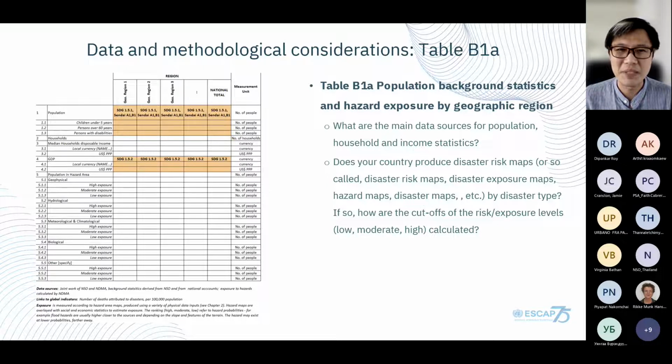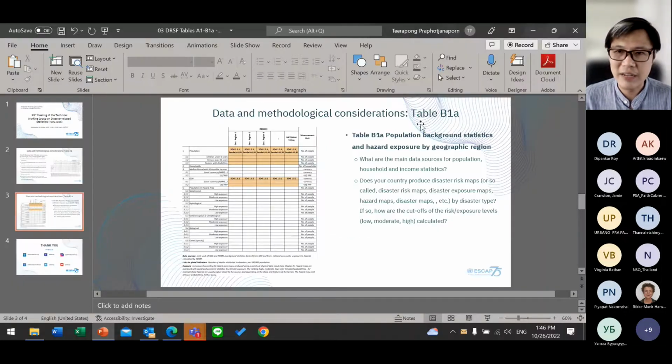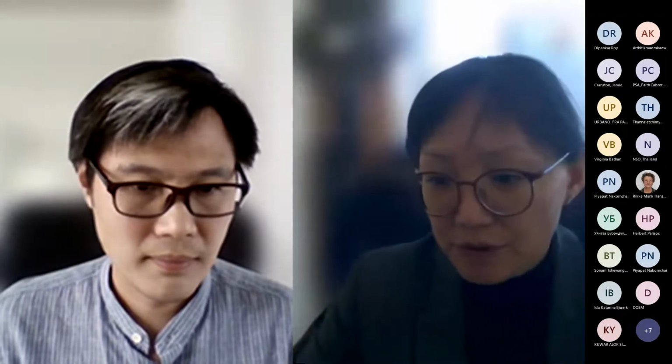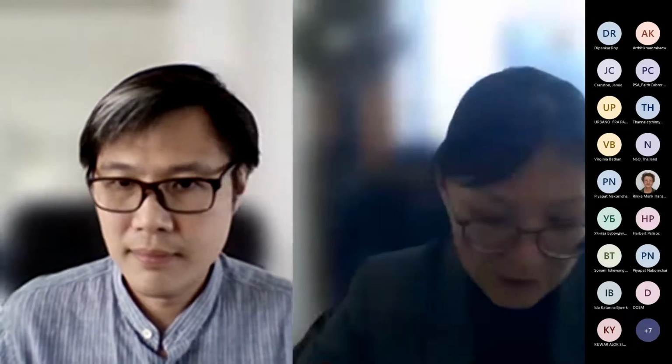And I think we are going to hear more from Nepal and Thailand as they have done some initial consultation with their disaster agencies counterpart. Thank you very much, Irina, and over to you. Thank you, Thiraphong, for a very comprehensive explanation about these tables, and hopefully we will hear more information from the country presentations from Nepal and Thailand. And thankfully, Mr. Sushil, as I see, has already joined us, so we can hear from him very soon. So thank you, Thiraphong, again.